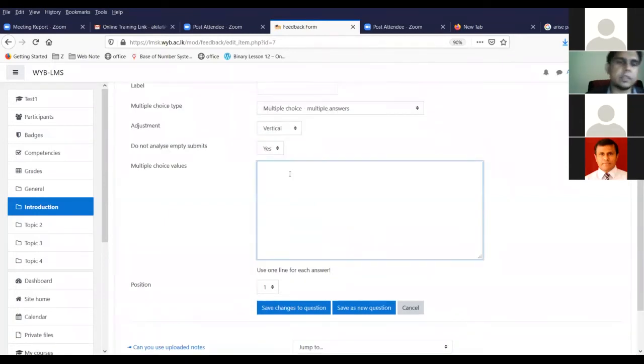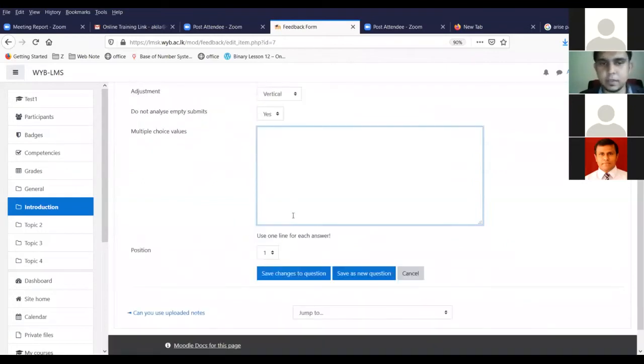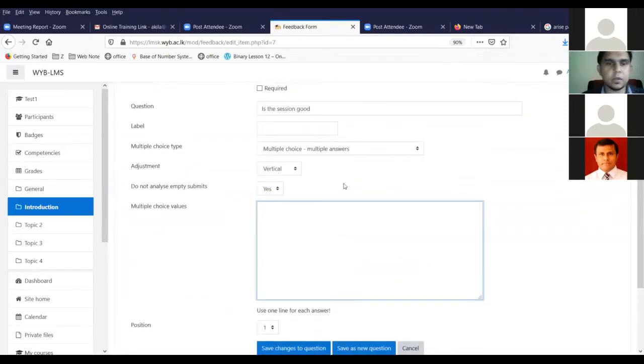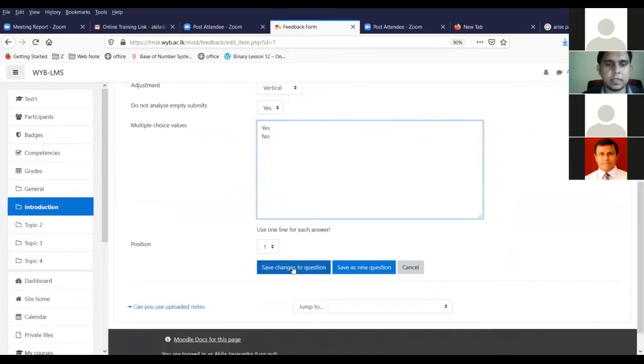Right here, this is the place where we can give choices. So use one line for each answer. Each line will be accepted as one answer, one choice. So I'm going to give yes and no. Then save changes to question.